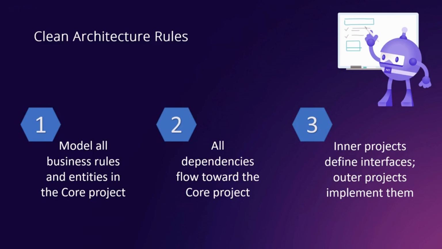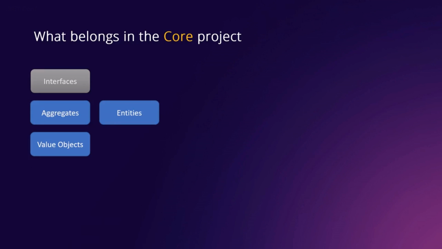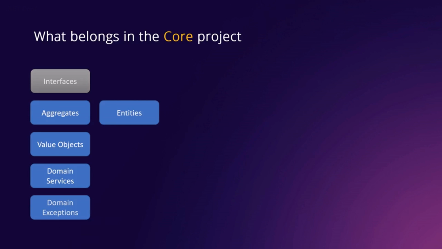All right, so let's start with the core project. And again, this is the innermost project. This is the one that has all your business logic in it. So it's going to have things like interfaces. It's going to have your domain model aggregates, if you're using those, and entities. It'll have value objects, which are other domain model types that don't have an identity. Think about things like date, time, and string. You can compare those based on their values, not based on an ID. Any domain services and any custom domain exceptions you're going to have would all live inside of core.